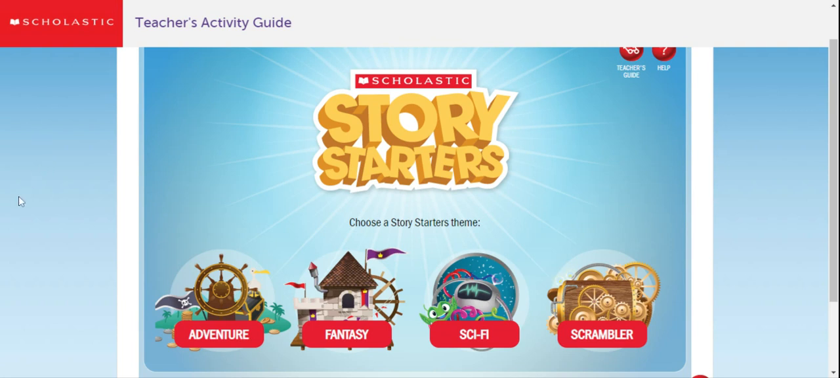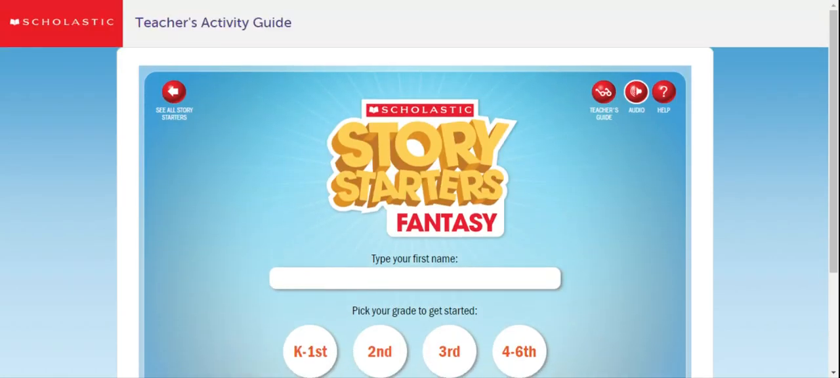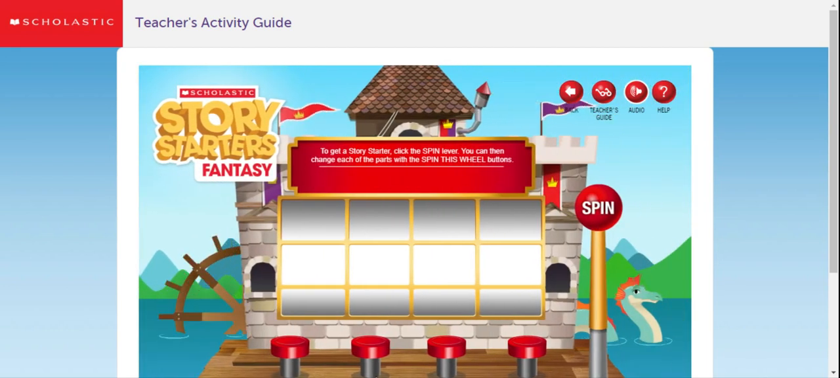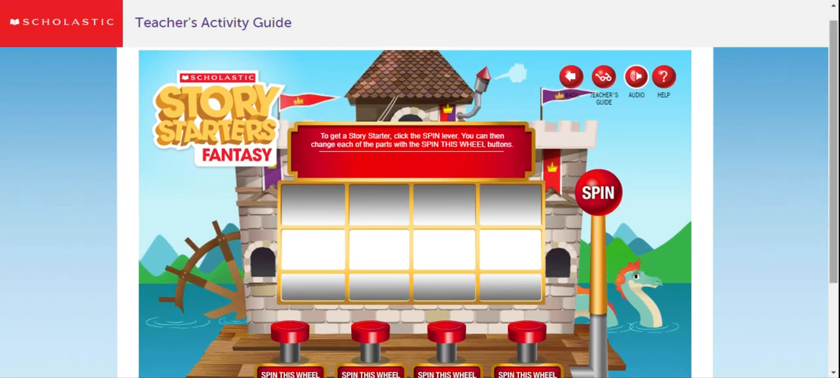What we are going to do is pick a genre. My favorite is fantasy, so I'm going to click on that. And I'm going to type my first name and second. So before I even do this, I'm going to get a piece of paper ready. When you click on it, it will,